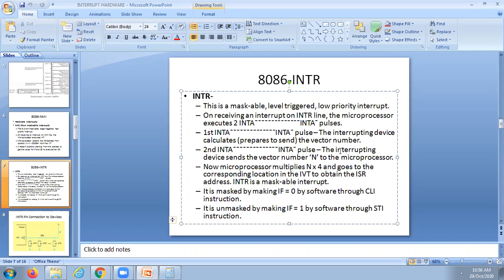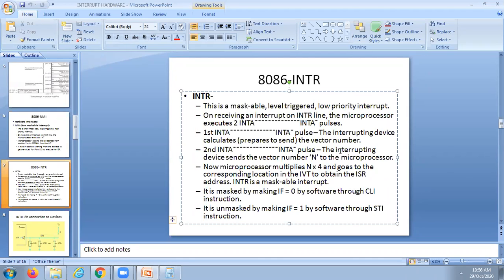From that, you get the address of the interrupt, that is 1 into 4, so its address is 004. If it is INTR2, its address is 008, like that. In the second INTA pulse, the interrupting device sends the vector number, that is n, to the microprocessor. That is what happens in the case of an INTR request.